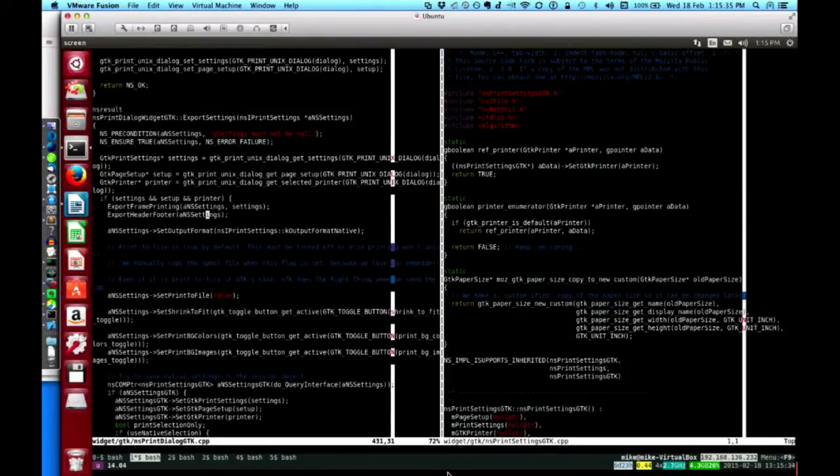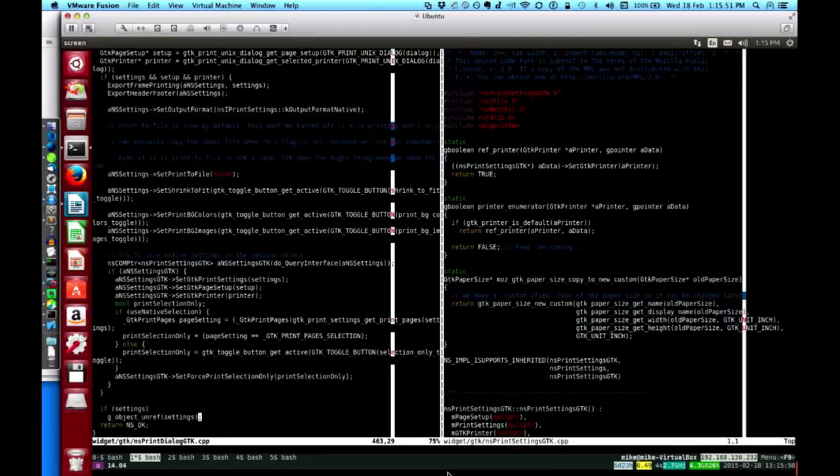Because this is definitely running in the parent process, we know we have access to the GTK printer. If we're in this block, because we actually check, we say and printer, so we know we have a printer if we're in here. And here's where we actually set things up. So I think we should actually do it right here.